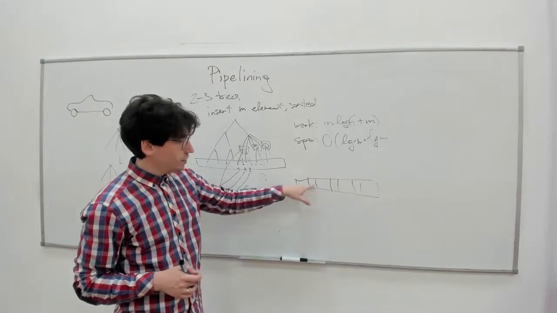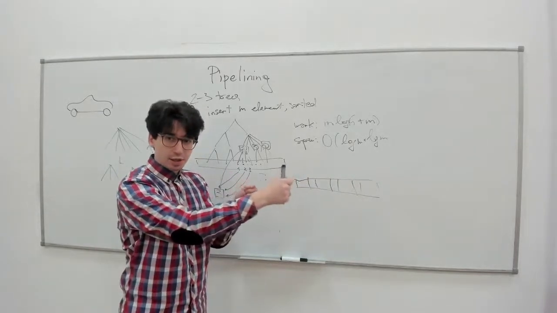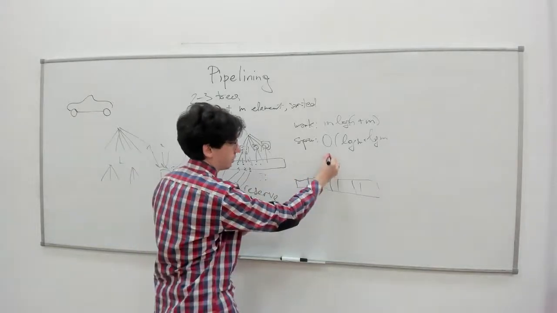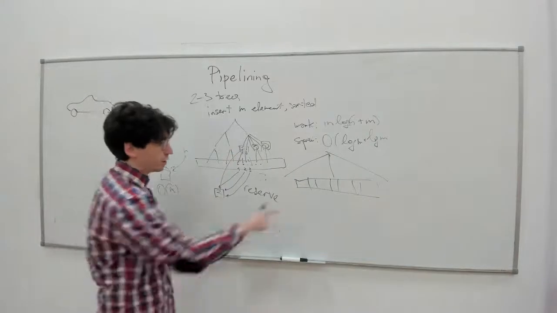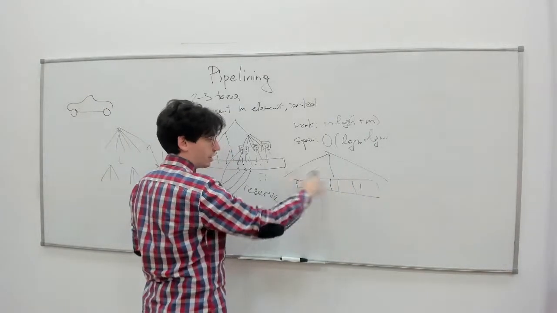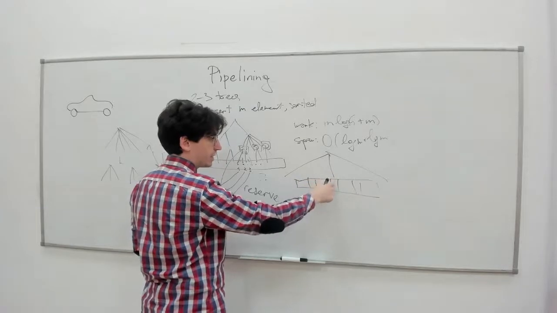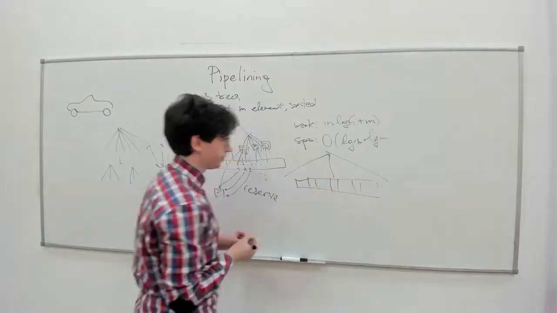So this guy and this guy already have their two keys that they are between, because this is already their key. So when you insert these guys, they will be separated by this guy, and that is why you can